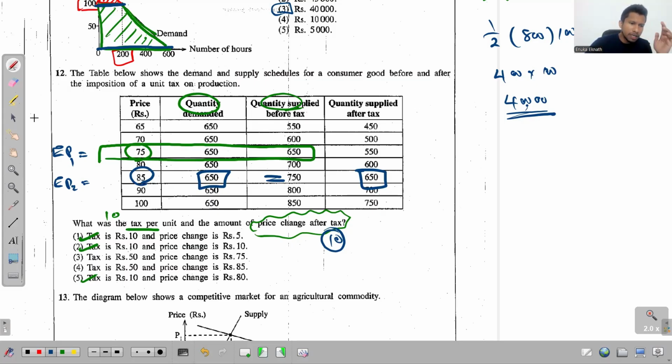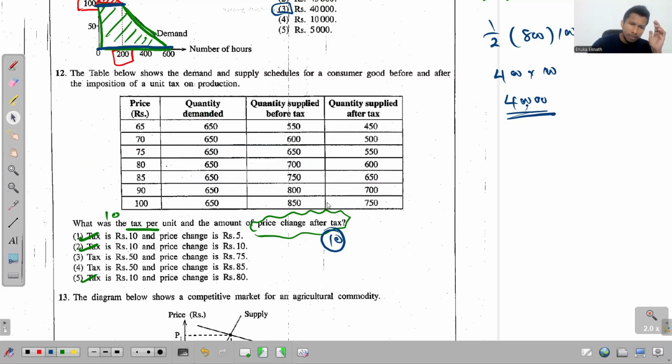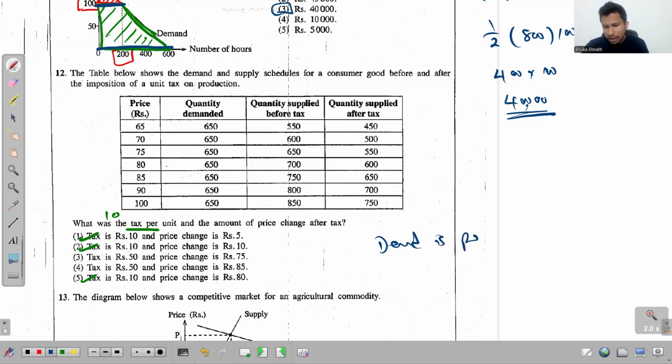You can understand that. The second story is the easiest one, but you need to know some economics for it. See, look at the values taken under the quantity demanded column. By looking at these values, you can understand a certain quality of the demand. What is that quality? Even if the price changes, nothing happens to the quantity demanded, which means in this given situation, demand is perfectly inelastic.